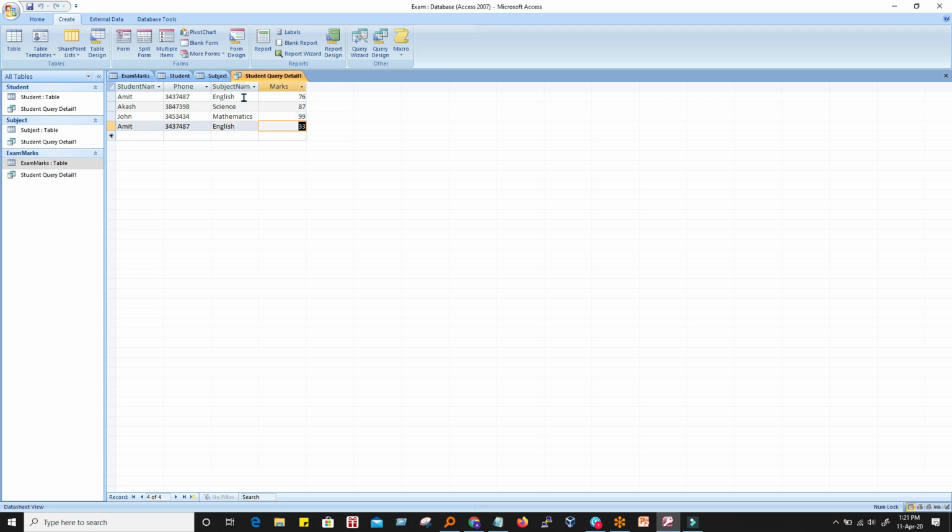So he attempted this exam twice, and in one attempt he scored 76, and in the other attempt he scored 33. So if I'm interested, okay, don't show me all the exams, just show me the maximum marks he scored, or just the minimum marks he scored, or show me the average of marks he scored, or show me the sum of all the marks he scored all together. That kind of report I can generate with a